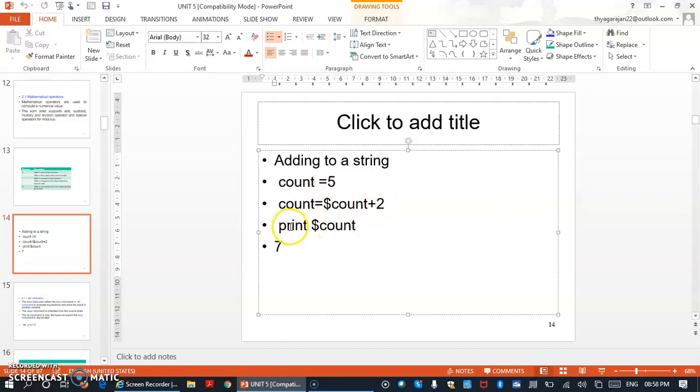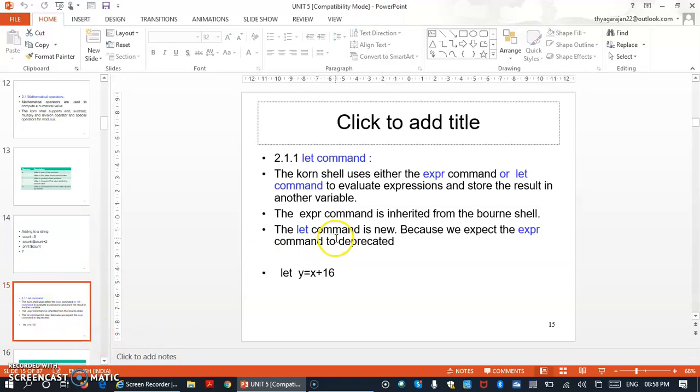When I use the print command, print $count, I get the current value stored in this variable. Previously it was 5, so after addition the count has 7, so 7 will be displayed. So this is one example to illustrate the plus operator.